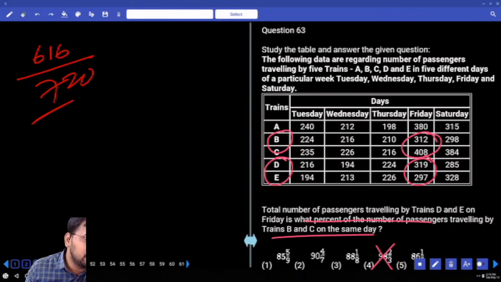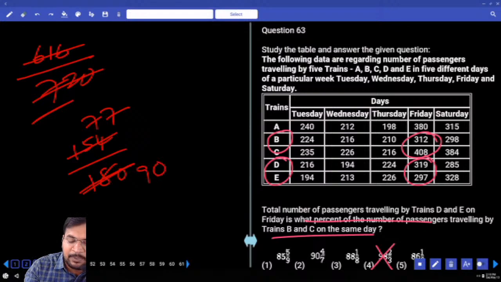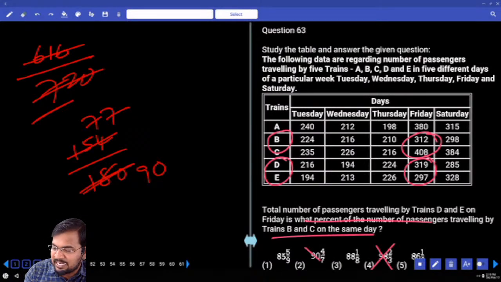Any table? 6 table? Will 14 table cancel? No. Which table has a chance to cancel? Will 4 table cancel? How many times does 4 go? 4 1s are 4, 4 5s are 20, 4 4s are 16. No. 77 by 90. So 9 table, how many times does 77 go? 9 9s are 81, it doesn't go. So our answer is less than 90.